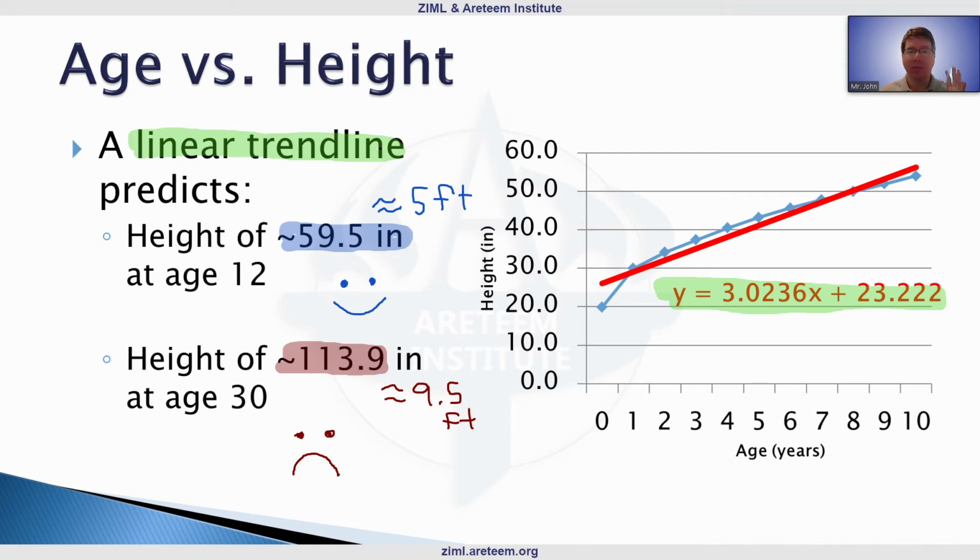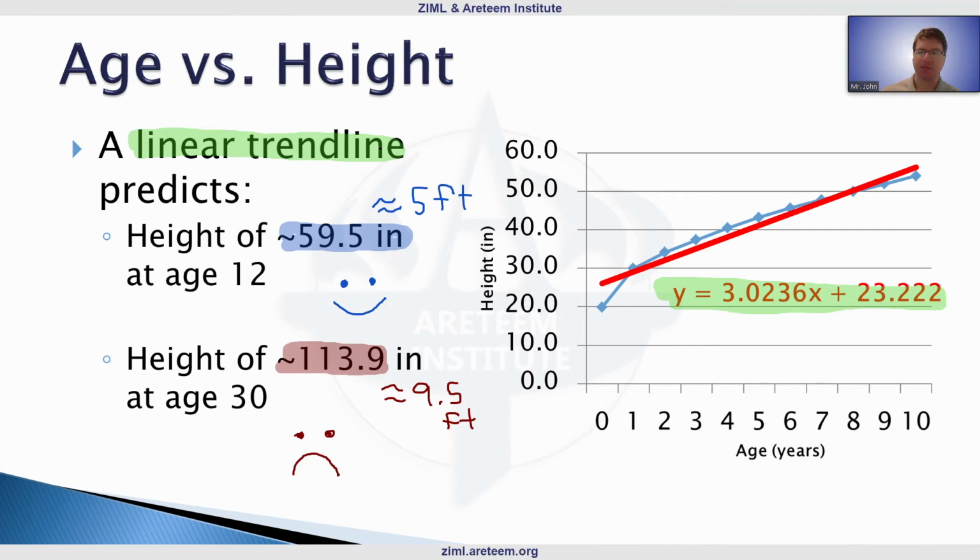Now, what is the point I want to bring up here? So we said there might be two questions to examine. Do you have a large enough sample size? So we're taking this data from online. We can trust, let's say for the sake of argument, that this is a large enough sample size of boys in the US. Like I said, that's a difficult question to examine and ask, generally speaking, but let's just take that for granted here. Now, what's the issue with age 30? Well, we have ages between 0 and 10, so going to age 12 is a little bit farther.